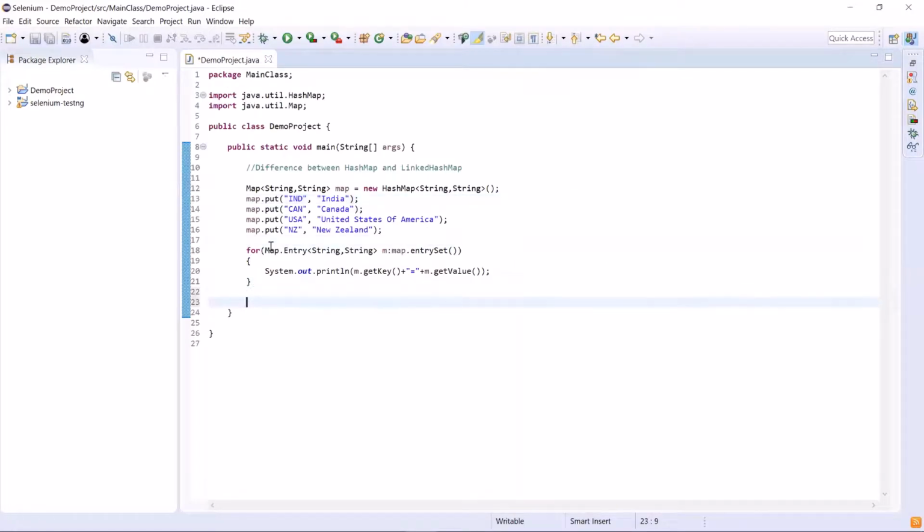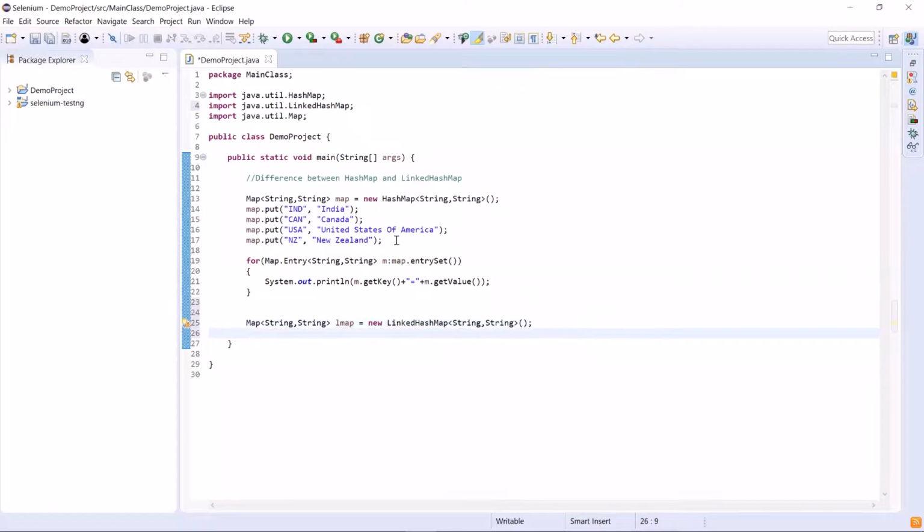Now, I'm going to create another map object, but this time using linked hash map of type string, string. As I'm going to use the same data, so I'll just copy the same values for linked hash map as well.